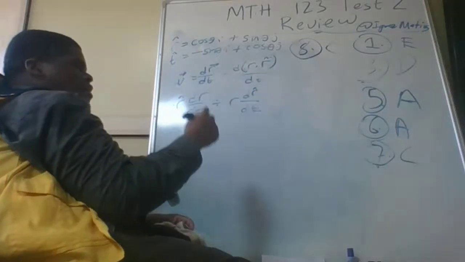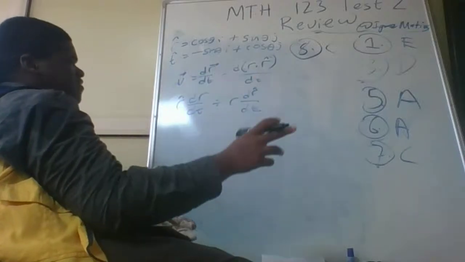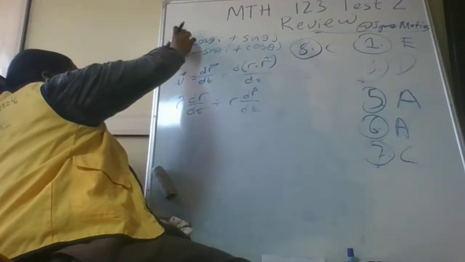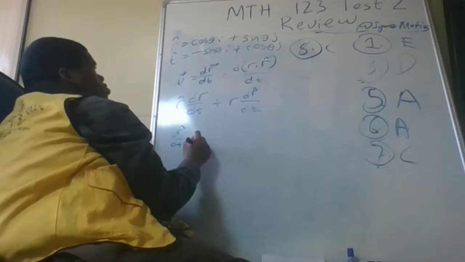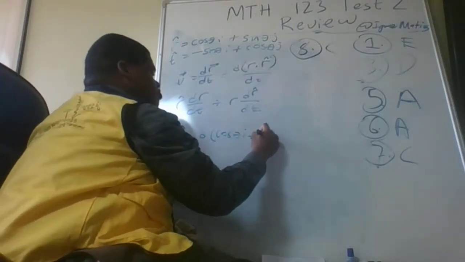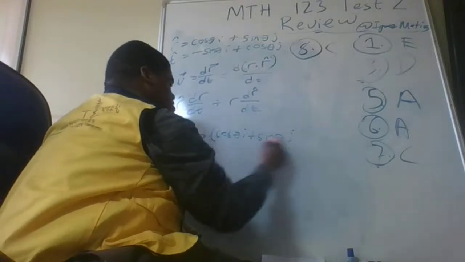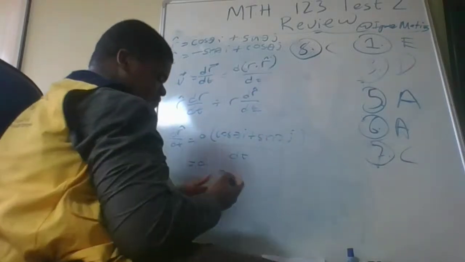If we differentiate our unit vector with respect to time, we will get whatever our transverse vector will be. If we differentiate our unit vector, it would equal the derivative of cos theta i plus sine theta j with respect to time, which is equal to